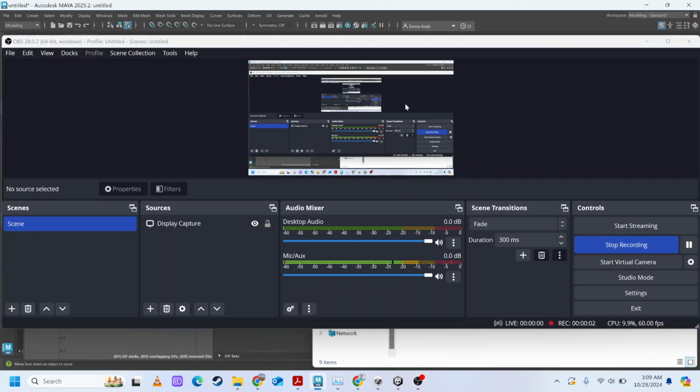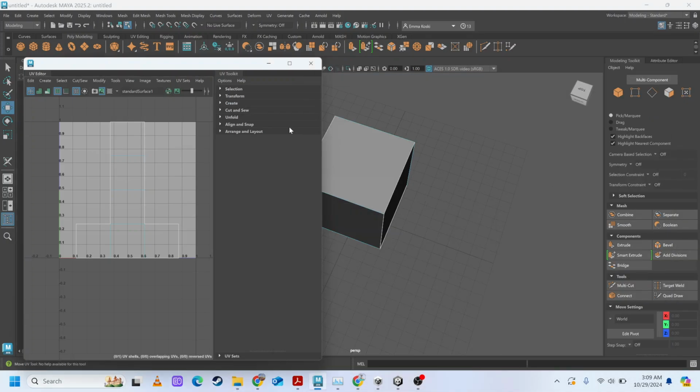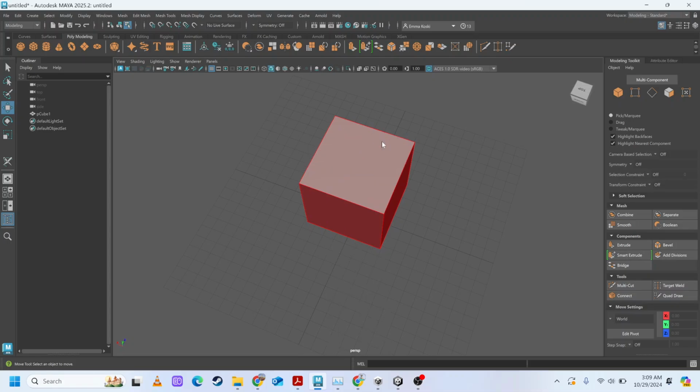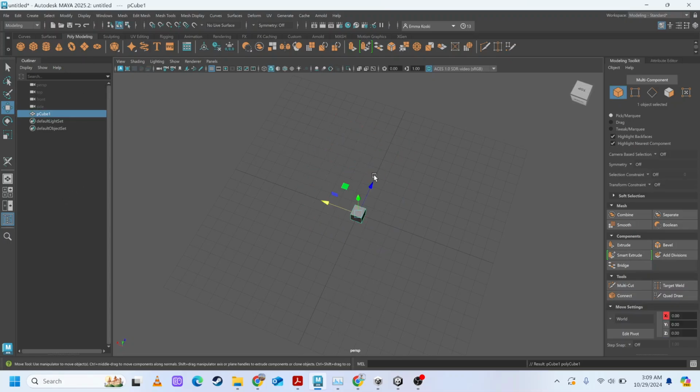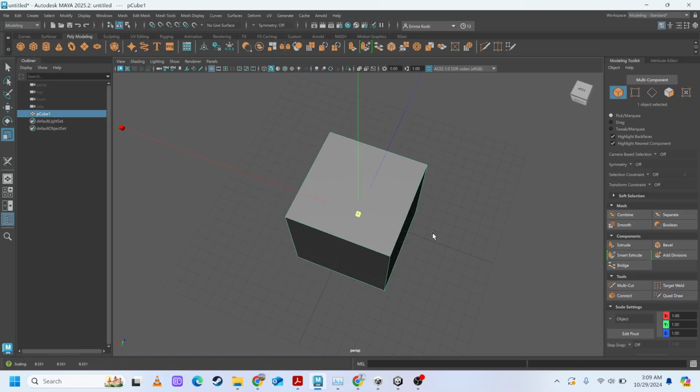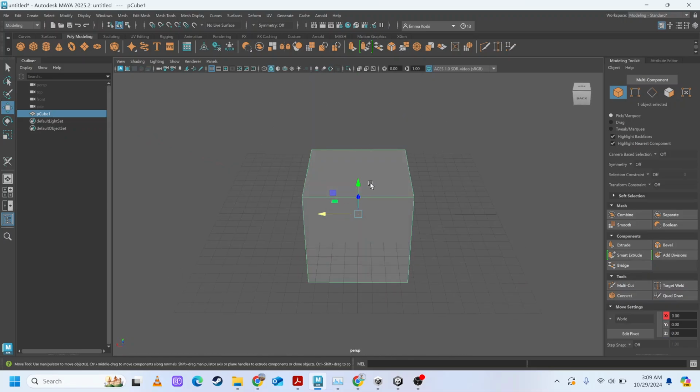Alright, we're going to jump into Maya Lab 6 Part 2. We're going through UV mapping again. So I am going to bring a cube into my scene. Let's scale this up a bit. And let's talk about how to actually create a UV map